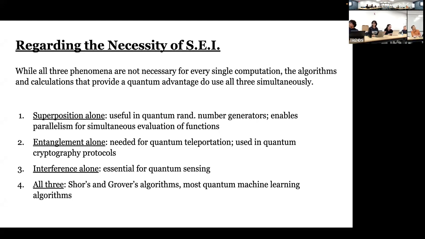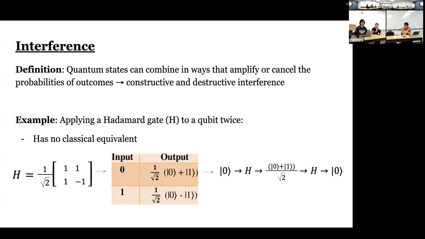What are needed? Entanglement is needed? Yes. So it's not needed for every single quantum operation, but for the operations that seem to be performing better than classical algorithms, all 3 are needed. Okay, so even for Grover and Shor, you need all 3. Yeah, well, I can get by with 1 and 3 without quantum, but yes. Okay. But back to a little bit of the previous slide, the gates or transformations and